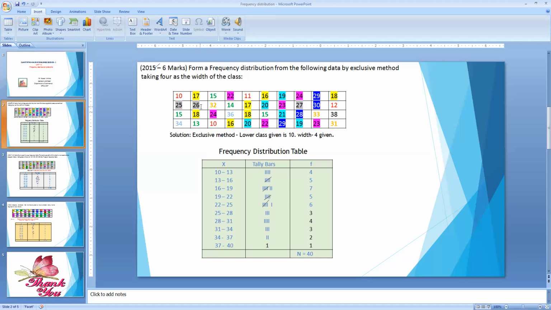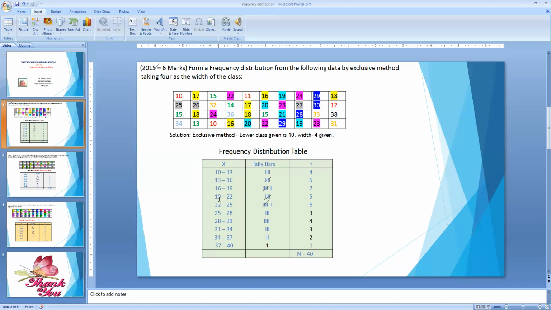There is 17, because the yellow mark is showing the third class interval. 1, 2, 3, 4, 5, 6 and 7. 7 numbers are there. See, we have marked 1, 2, 3, 4. After that, for the fifth number, we should use this forward slash. Then it will become a group of 5. Then next 1 and 2, so there are 7 numbers which are falling in the range of 16 to